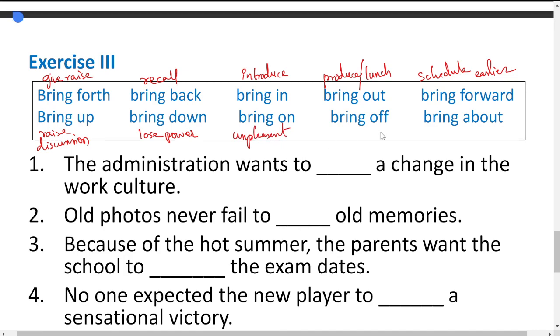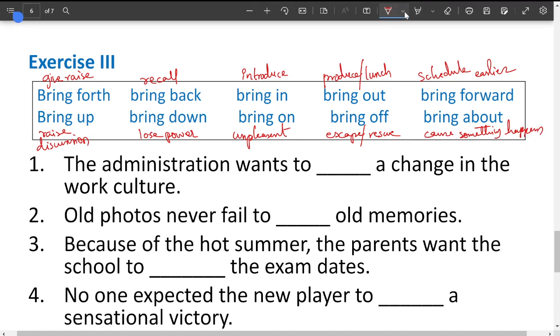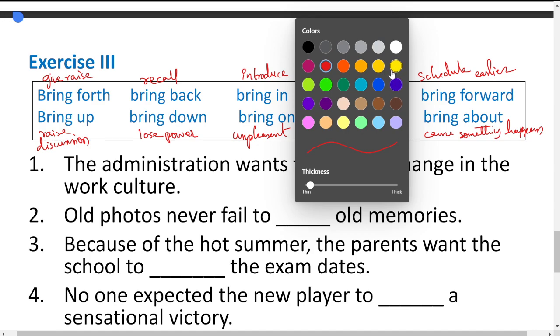Next one, bring off is to escape, or you can also go with the meaning of rescue. Next, bring about. Bring about is to cause something to happen. Okay, now based on these meanings, we will now try to get